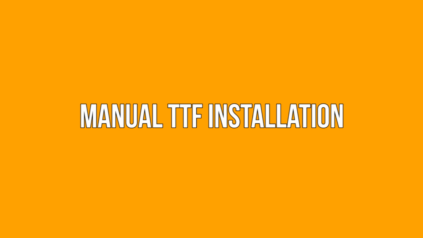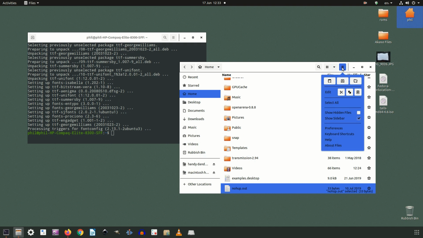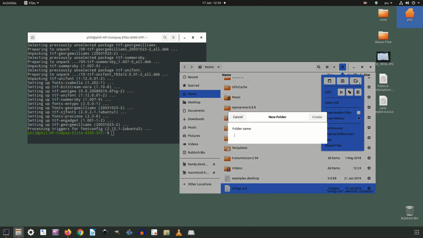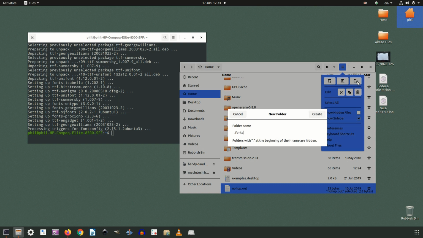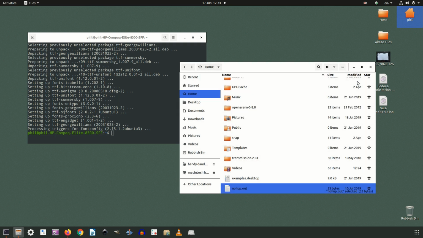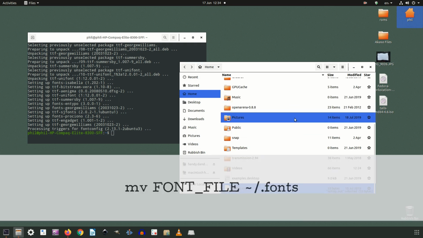Manual TTF installation. If you already have a specific TrueType font or more that you want to install, you only have to copy it into a specific folder. First, make sure that what you have is in TTF format. If you downloaded some fonts from a site, they might be compressed in an archive that you'll have to extract. When you have one or more TTF files in a folder, to install them, move them to the hidden fonts folder in your home directory, either with the terminal with mv, name of the font file, ~/.fonts, or